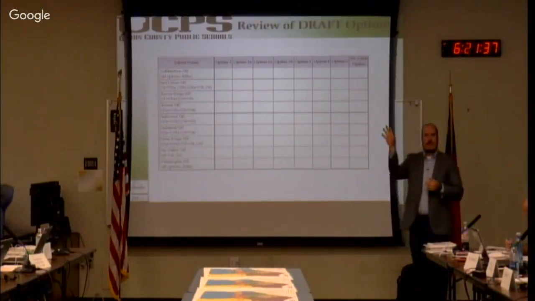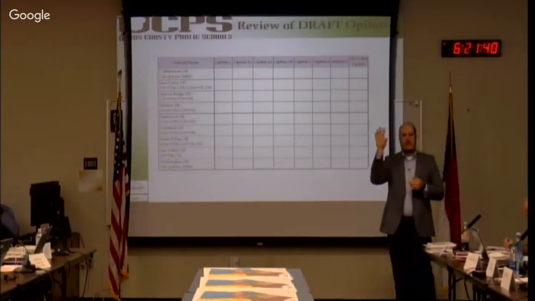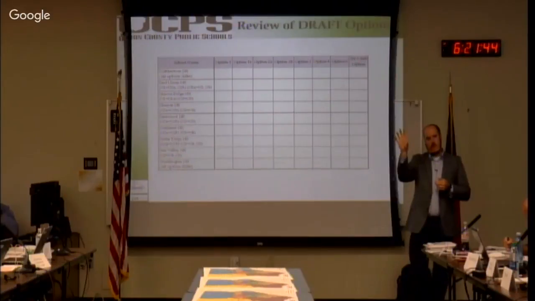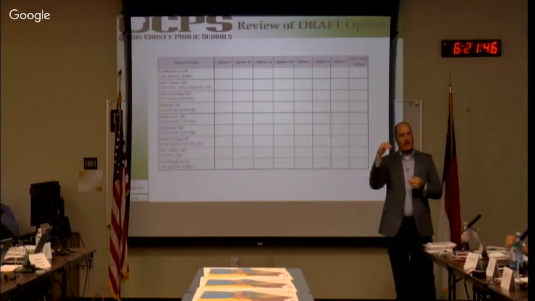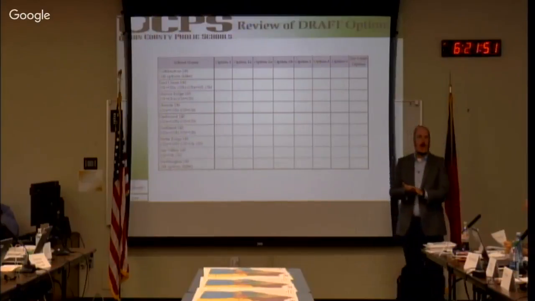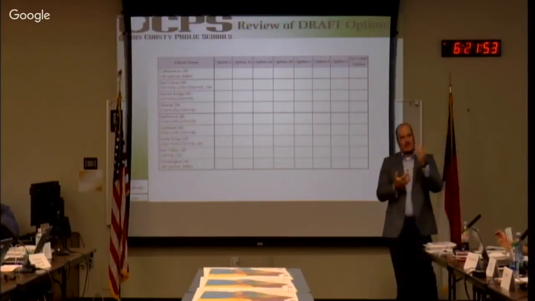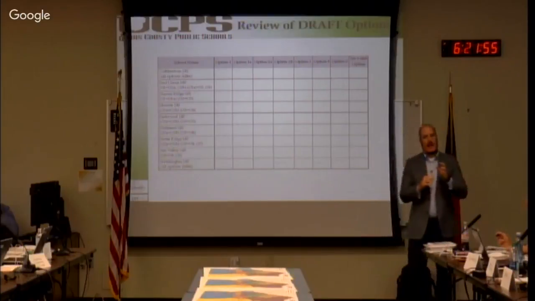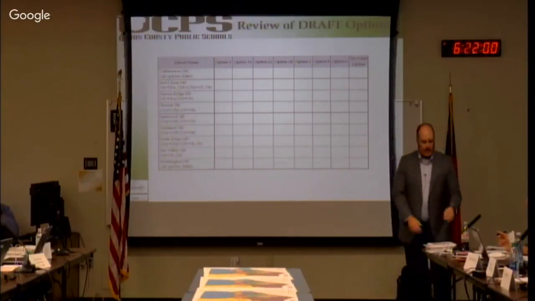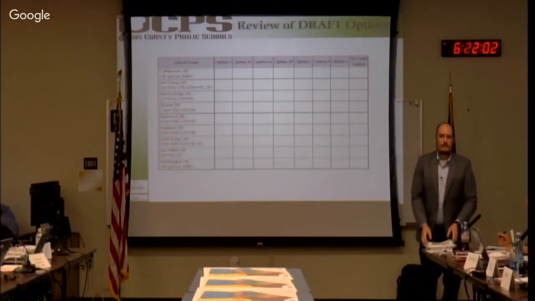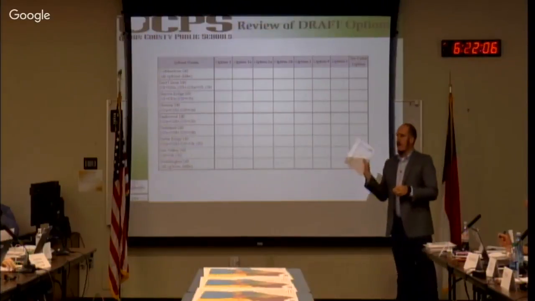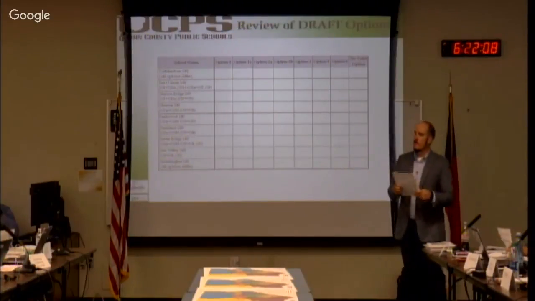Up in the Porter Ridge area, you'll notice that options 3, 4, and 5 have a lot of the same scenarios for the Porter Ridge cluster areas along Lawyers Road and things like that. And then we've also made some adjustments to Waxhaw to give Waxhaw some more relief, and some other things in that area. That's a little rundown on what's changed with 3 through 5. Do you have any other questions before I let you go on to the school by school exercise?